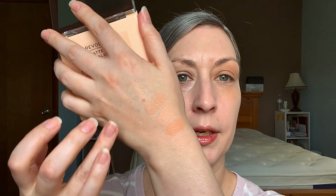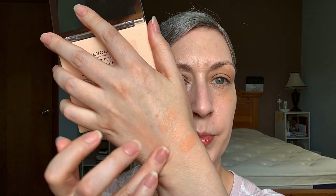So what I'm going to do is just take a swirl of one of the shades, and I'm just going to show you on my skin right there. You see how there's just not a lot of pigment and it just sort of blends into your skin. The moisture part of it almost sinks into your skin, and then you're left with a very softly pigmented concealer after that. So it's almost like it blends away to an extent. So I probably would not be using this for any sort of actual concealing, more like natural no makeup days,